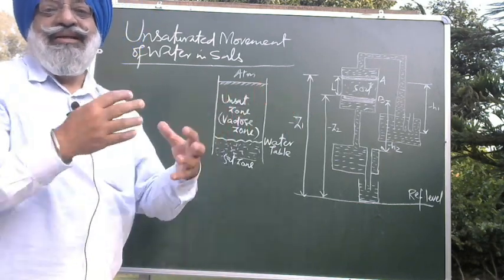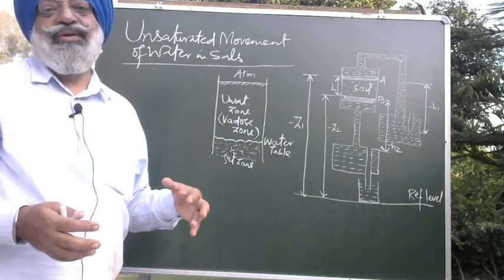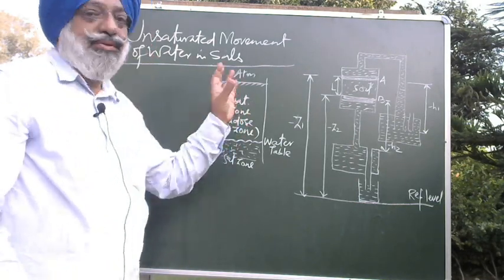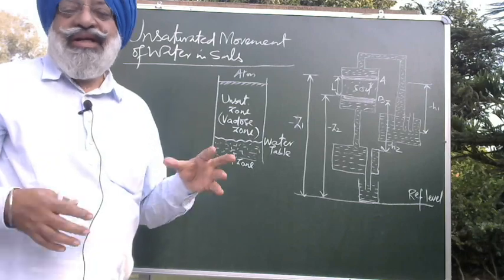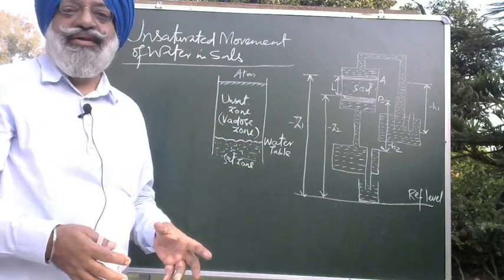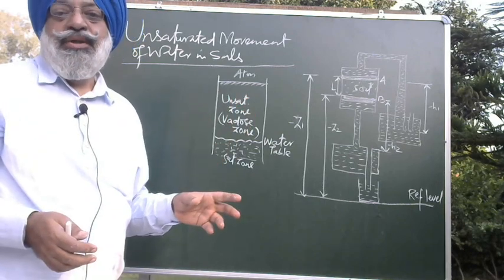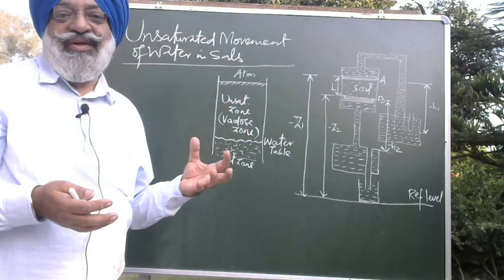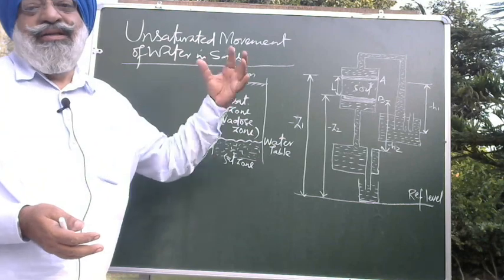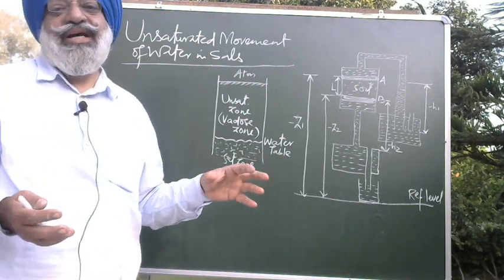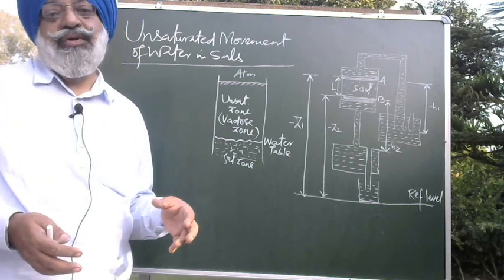That waste is actually the food for the microbes. The microbes eat upon that food. So this unsaturated zone in itself is a biosphere, containing billions, trillions of microbes which feed on the organic waste, and ultimately they result in the formation of another important cycle, what we call the carbon